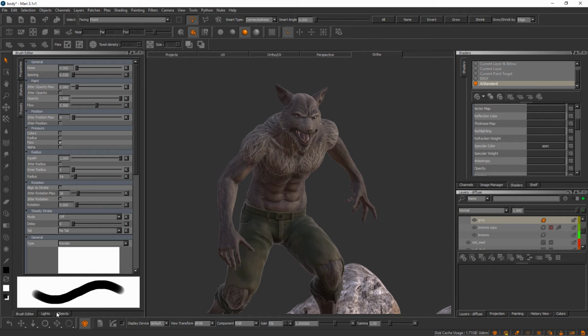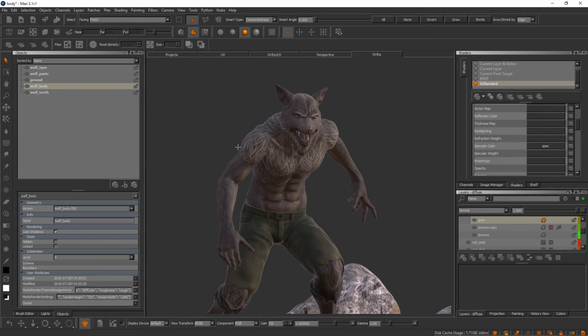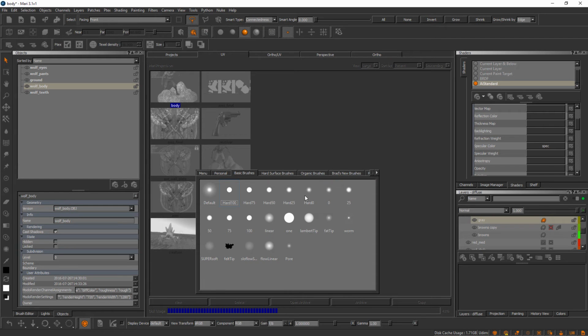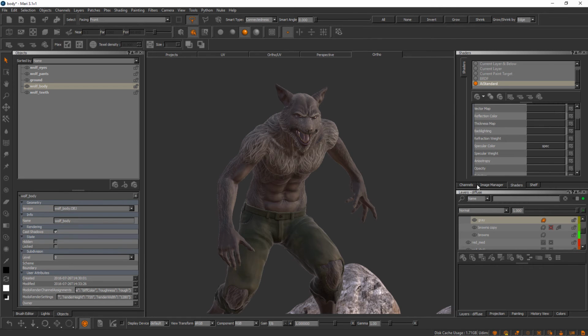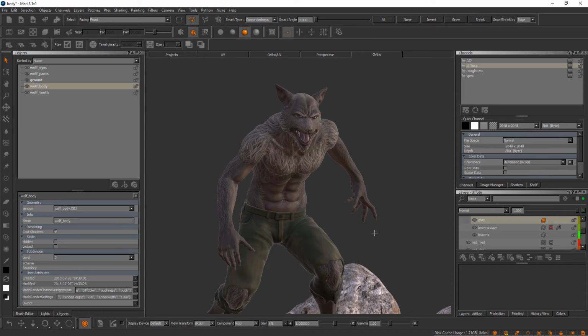We have sort of a perfect scenario here with this particular project because we have both UV-based geometry in here as well as a Ptex object. So I can show you how to get both of those out. Let's go ahead and start with the body here. Remember, the body for our werewolf is actually a multi-tile layout, and this will be a really good example of a UV-based export. So the way we do this is we'll come over here to our channels palette,